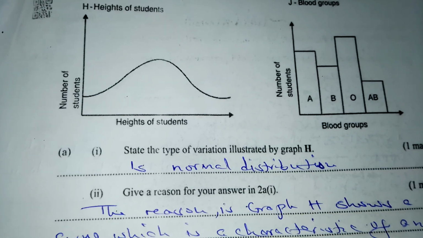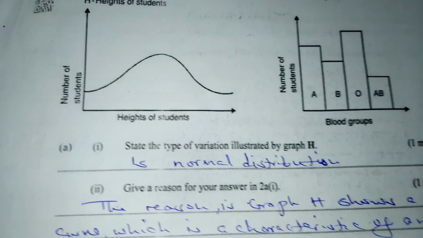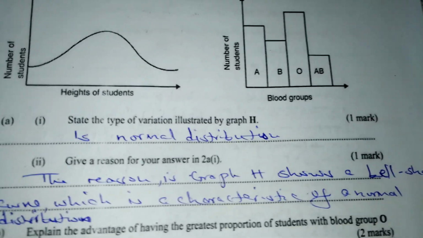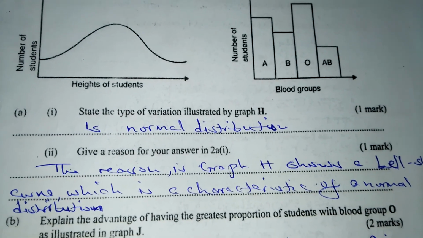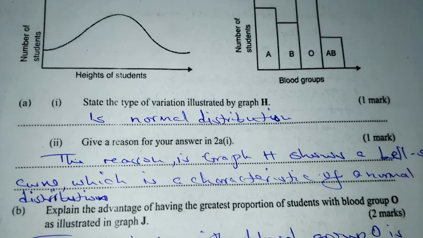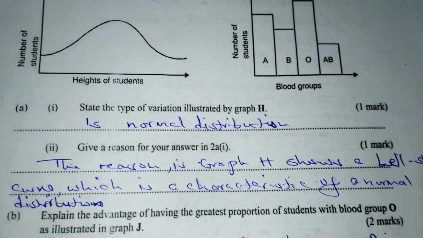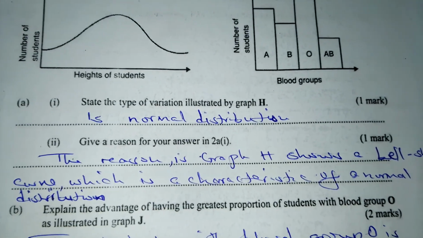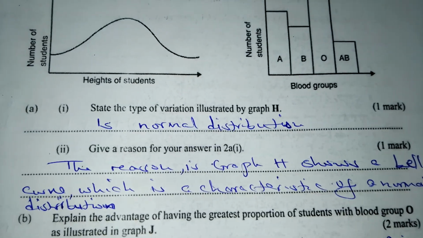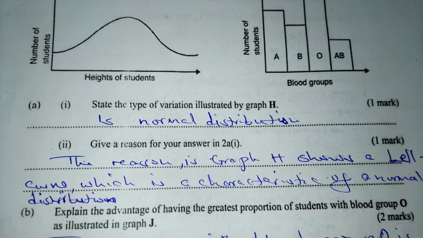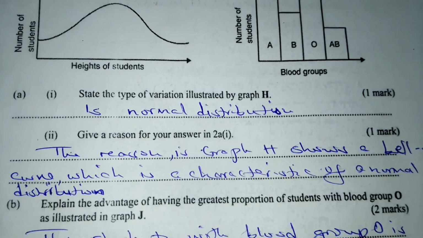So you are supposed to give the reason for your answer in 2A1 above. The reason is graph H shows a bell-shaped curve, which is a characteristic of a normal distribution. B, explain the advantage of having the greatest proportion of students with blood group O as